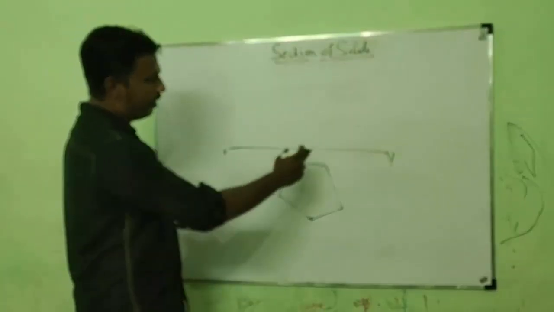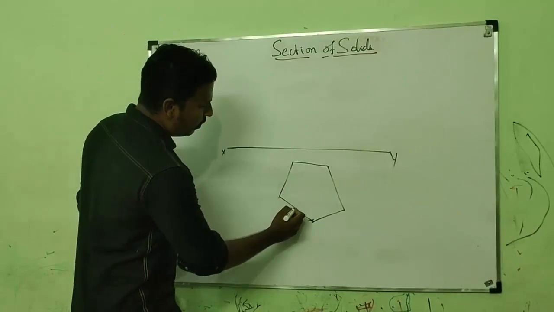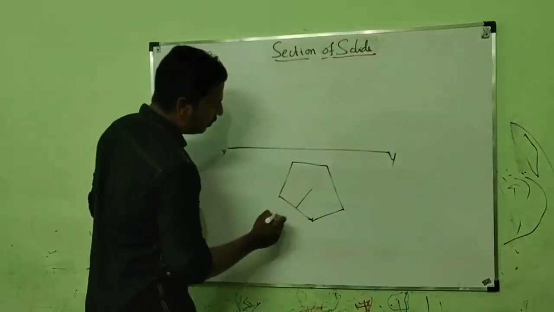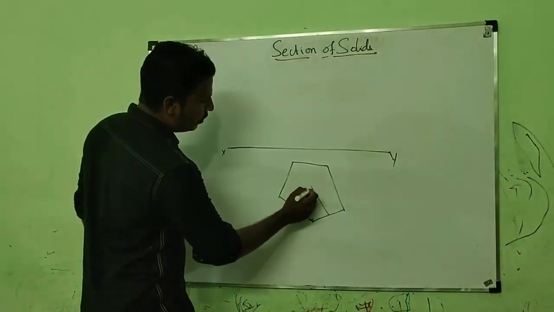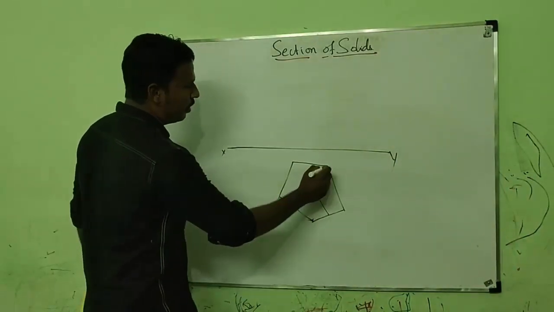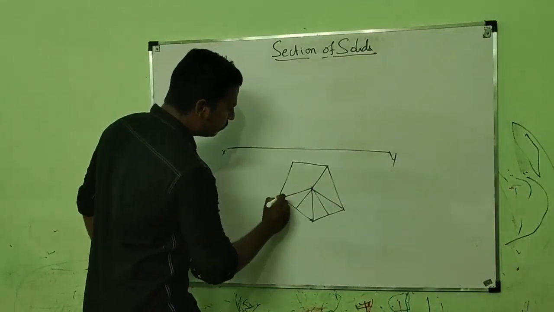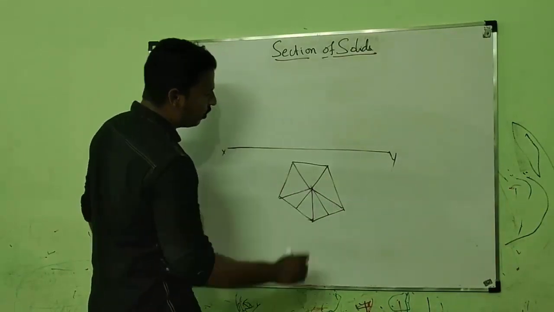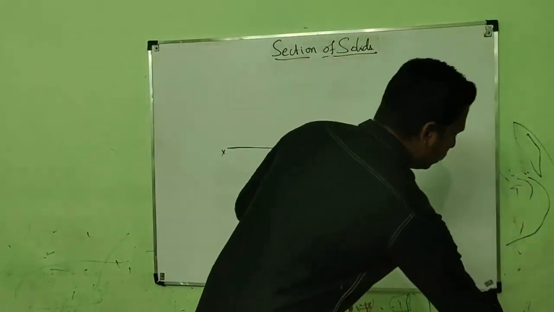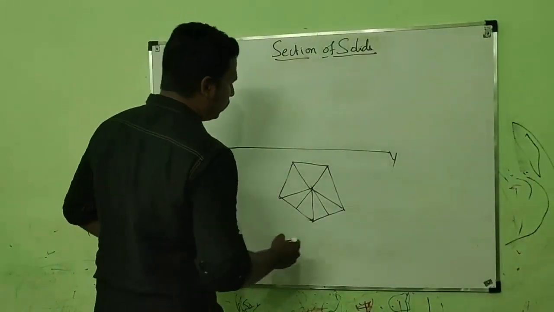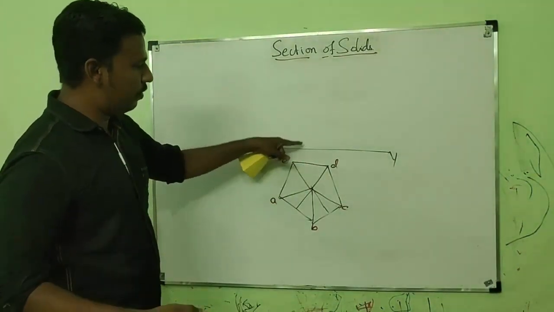Before drawing the lateral edges, we have to draw the center of this pentagon. Draw a perpendicular line from any of its edge and perpendicular line from other edge. It will meet on the center and connect all the lateral edges. Now we have connected all the lateral edges and let us give names for all the points. Now as given in the question, the edge ED is parallel to VP.